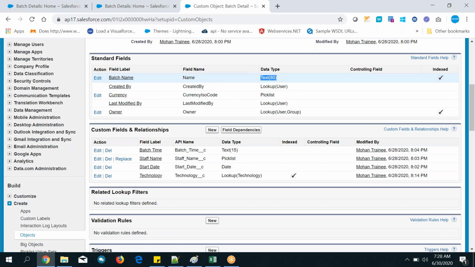This is a text data type field. How can you make this field a lookup data type field? Lookup is nothing, it is a data type. That's it. Don't think too much about the lookup, don't imagine like that. It is a lookup data type. That's it. You need to make this one a lookup. These are all fields available on the single.